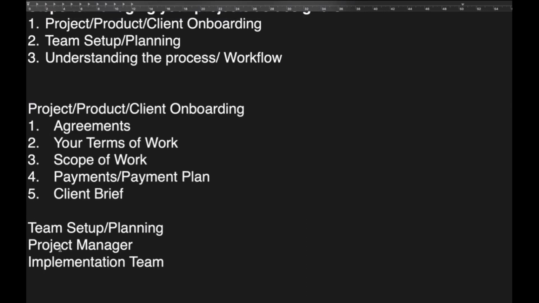The reason why I'm calling you the project manager and the implementation team is because every project you embark on, whether you are on a team or you are just working on this on your own, there should be someone to always monitor or track the progress of this project. And sometimes working as an individual might slow down the pace at which this project is supposed to be delivered. So when it comes to the project manager role,